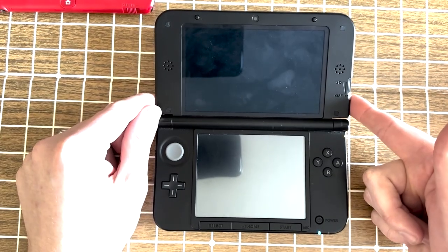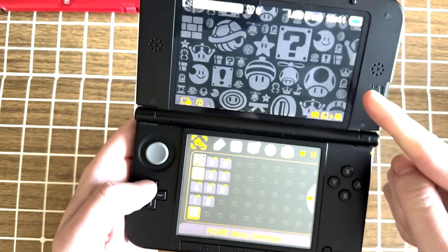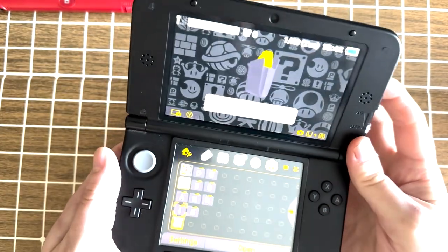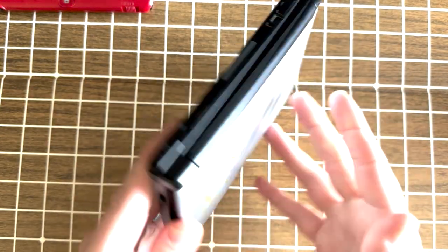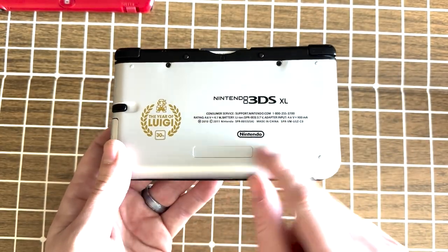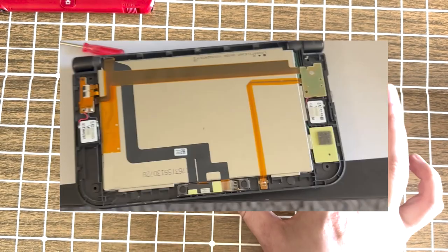This thing's taking forever to load. There we go, look at this. I even have this custom background because it's like a Mario theme. I think it's cute. Now this one is jailbroken. I got this in a trade and it had a lot of damage on the front. Actually, not too much damage, but still, this thing is super clean looking now. I also had some damage on the back and some stamps, removed those. I have a video of me reshelling this. If you do reshell one of these, it's not too hard, and I'll talk about more of that in a